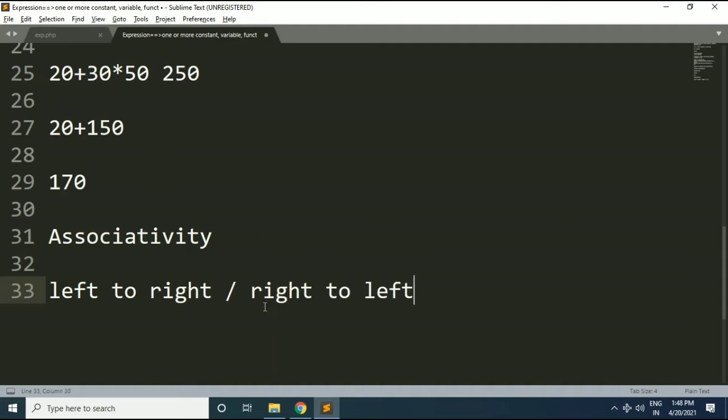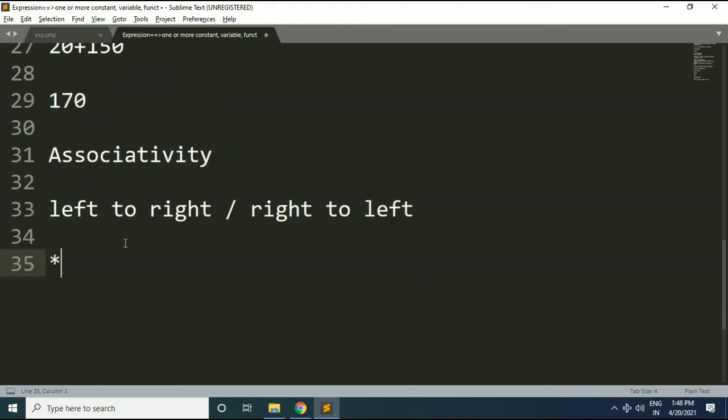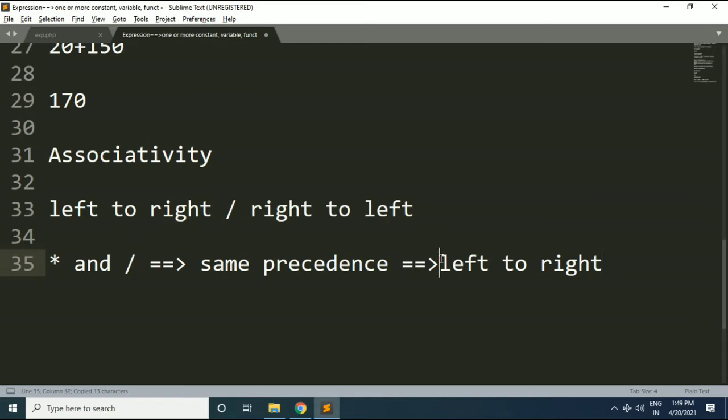These are the two types of associativity. For example, these both operators have the same precedence, and their associativity is from left to right. So whenever these two operators are available within your expression, you have to evaluate them from left to right. I will give you one example regarding this.